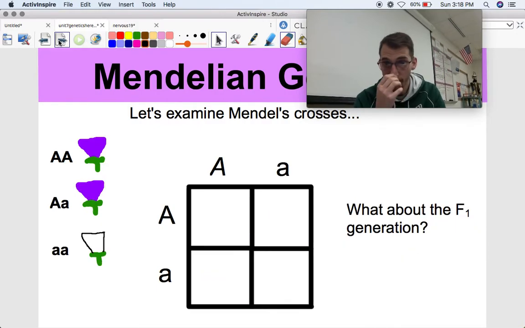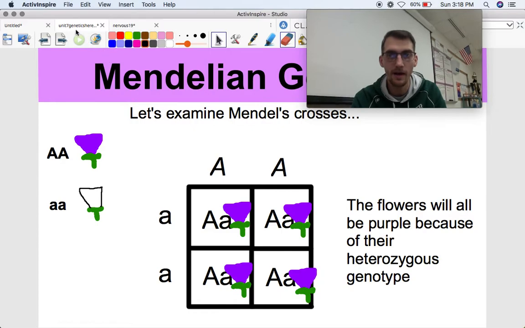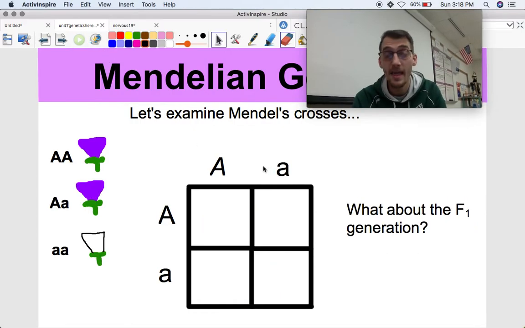Okay, so if we cross the F1 generation, take a look. We have two heterozygotes here just from our last cross. So we take two of these flowers here and we cross-pollinate them. What's the result going to be? Here's our big A, little a, big A, little a. If we do this Punnett square, okay, what's going to come out from this F1 generation here? So work this out. Pause the video if you have not already, and see if you can make this Punnett square in your notes.